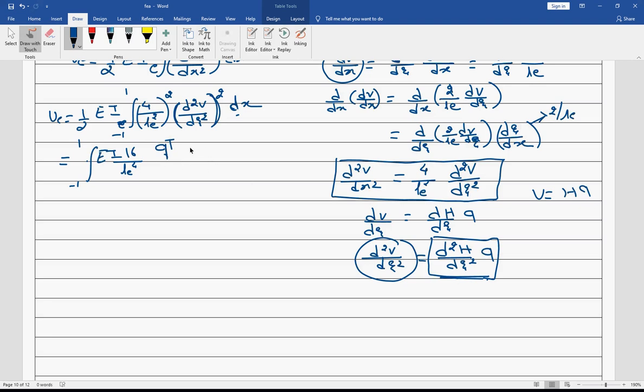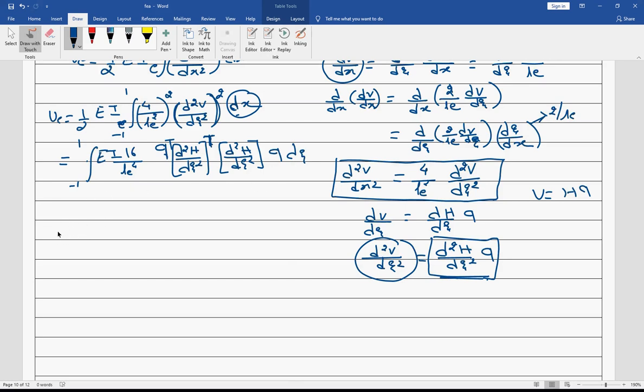Q transpose. This is the Q. On this side it will be Q transpose, d2h by d xi square transpose. H I already know, H in terms of H1, H2, H3, that I need to differentiate only two times. So this is transpose first. The second will be d2h by d xi square. So this forms the square term and I'll be having a Q. And of course these xi will be converted into d xi term, and that we have to integrate.